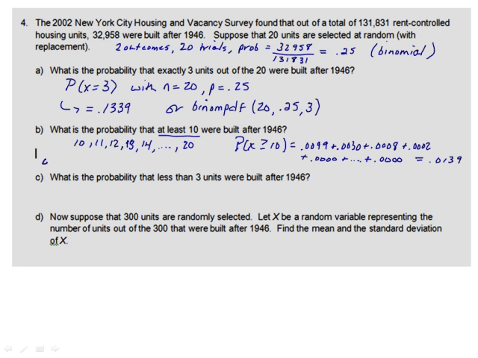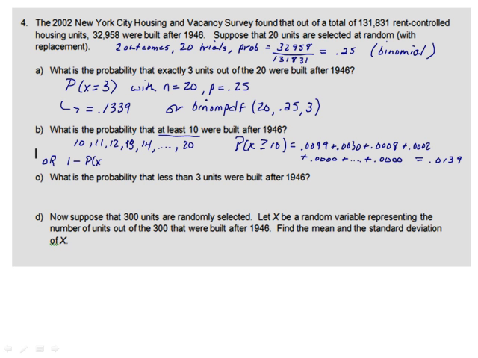Now, to use your calculator, there are a couple of different ways you could do this, but the easiest one would be to use the binomial CDF function so that you don't have to add too many values together. Now, since we're looking at the probability from 10 going up, your calculator function goes from 0 up to whatever number you put in. So we'll have to use the complement in this problem,